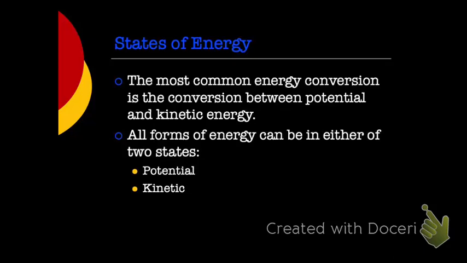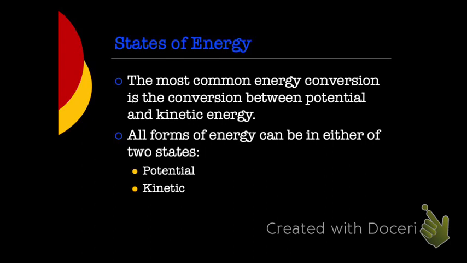The two main states of energy are called kinetic and potential energy. Have you heard these terms before? Yes. Kinetic energy and potential energy. Okay? This is the most common conversion of energy that happens, and it happens all the time. A conversion of energy is when energy transforms from one type to another type. This happens all the time, especially with movement and objects. We see a transfer from kinetic energy to potential energy, or potential energy to kinetic. We see this happen a lot.